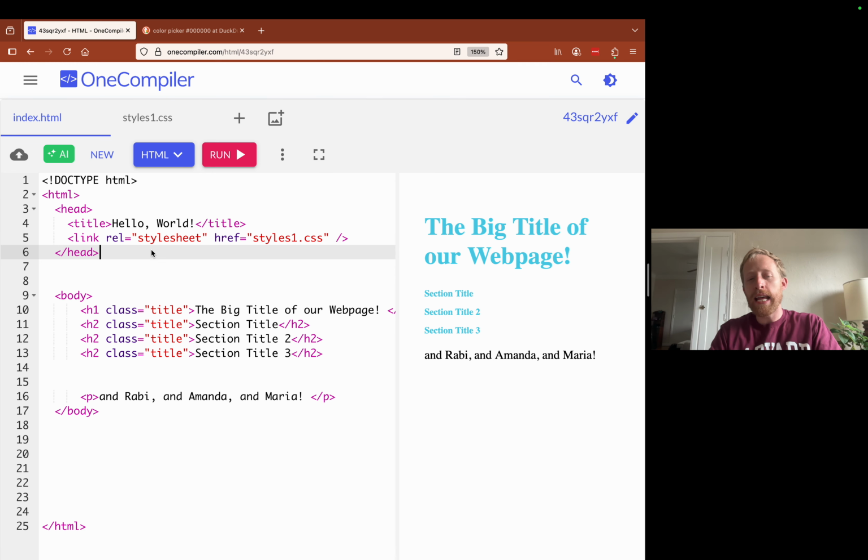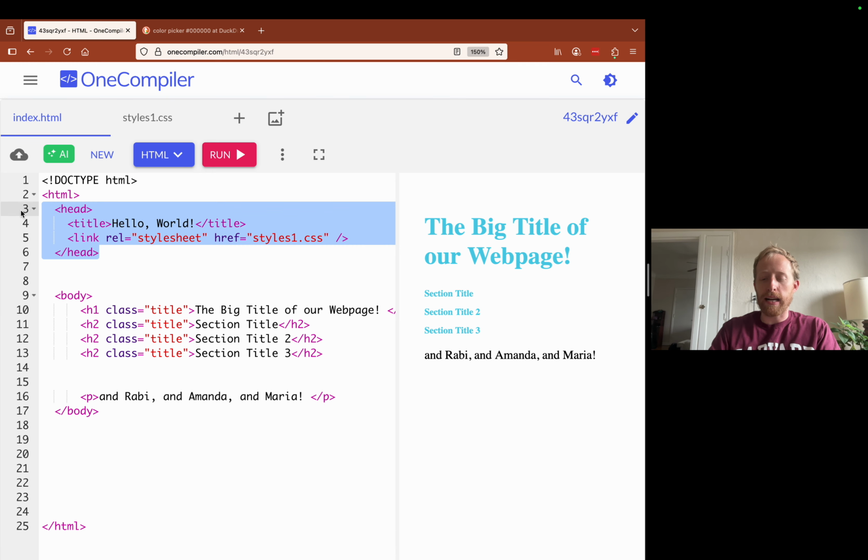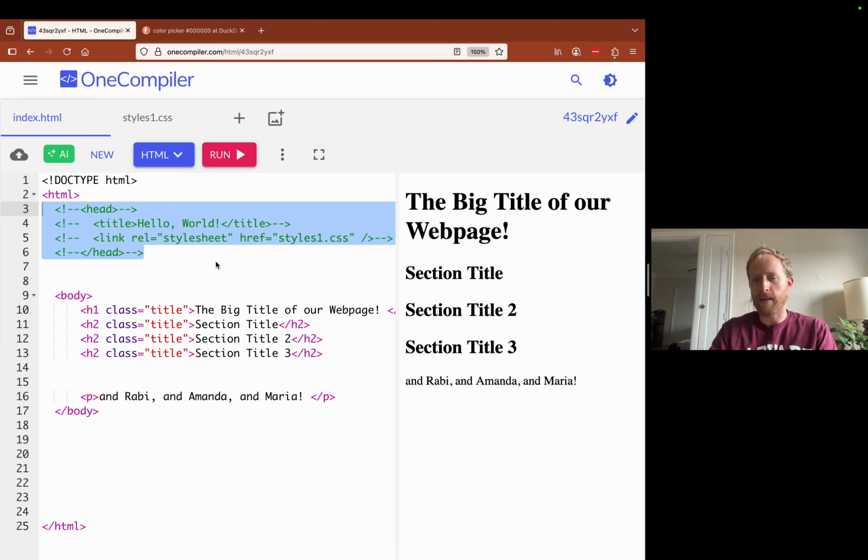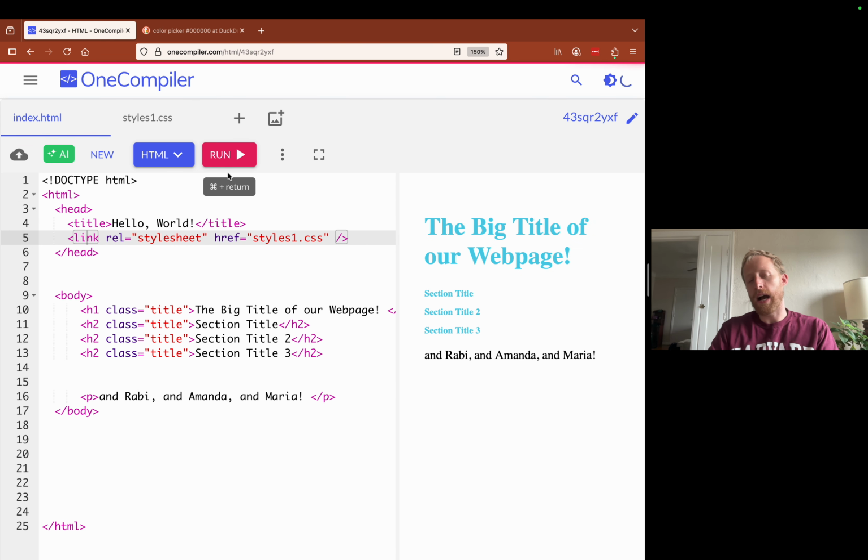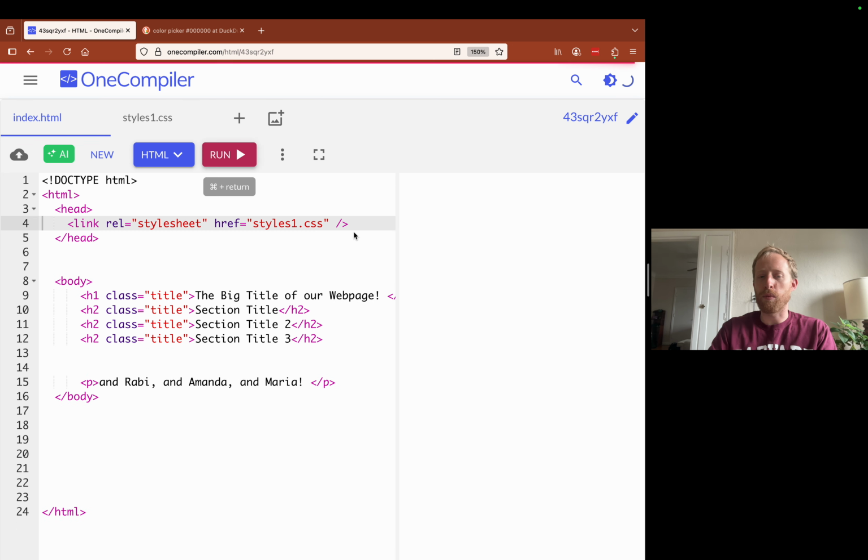So this head, if I delete this block, I'm actually going to comment it out, pretend that it's things I wrote myself, which is maybe me showing you bad practice right off the bat. But no, it did link the style sheet. That's true. Actually, that was important. I was going to say, if I delete this title, for example, most of the things in the metadata, it will render the exact same way.